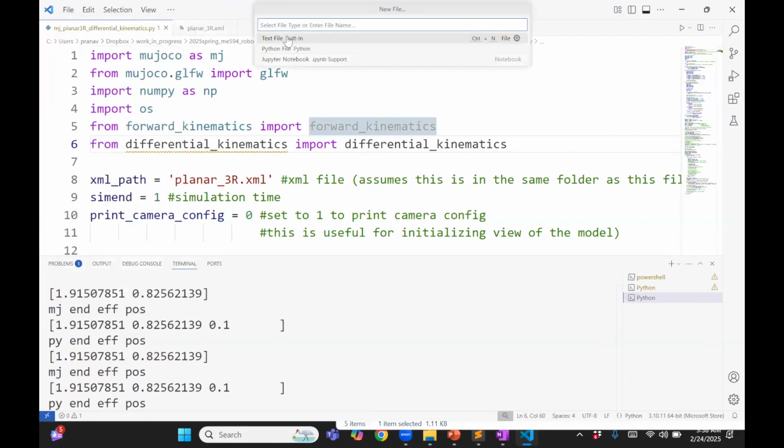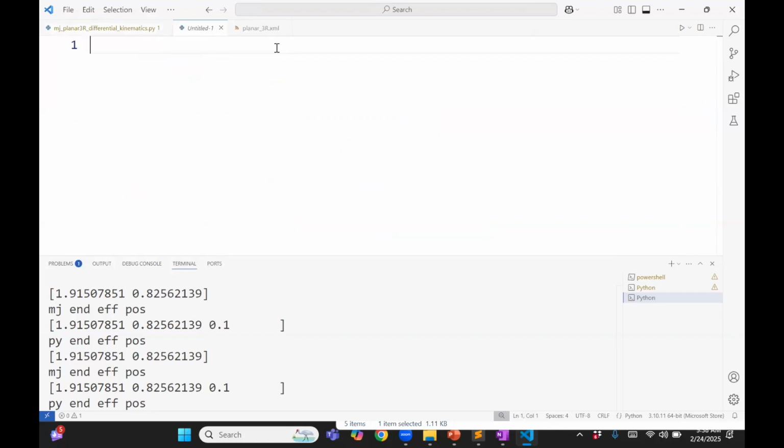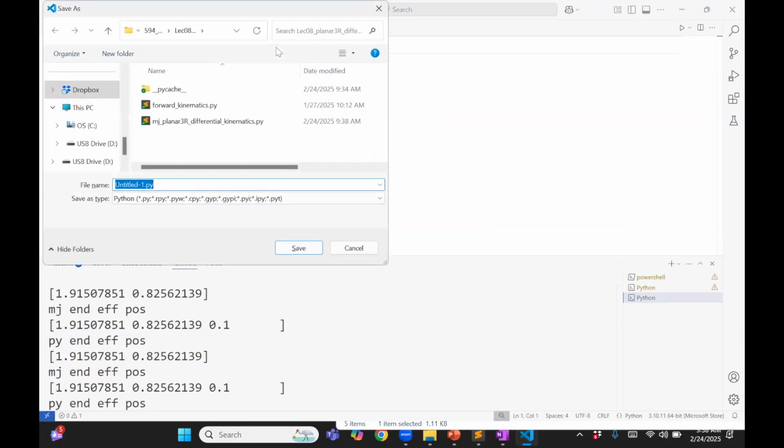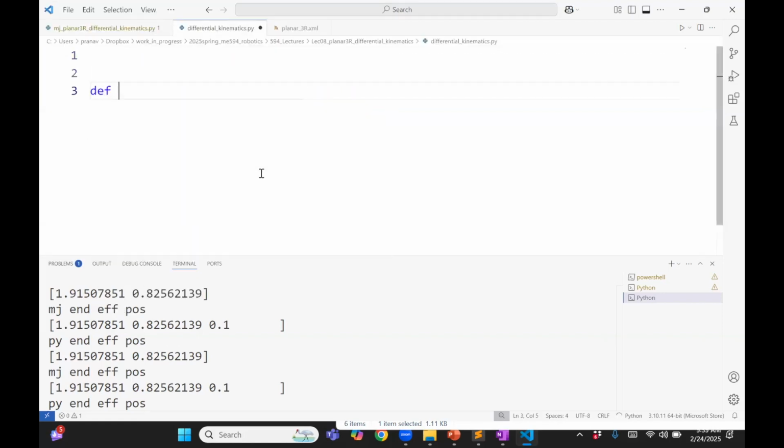New file, Python file. Save it as differential kinematics.py, and I think the path is right. Okay, and if